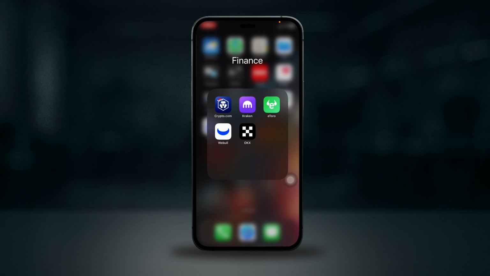Hey everyone, welcome back. If you forgot your password on the Crypto.com app, here's how to reset it in a